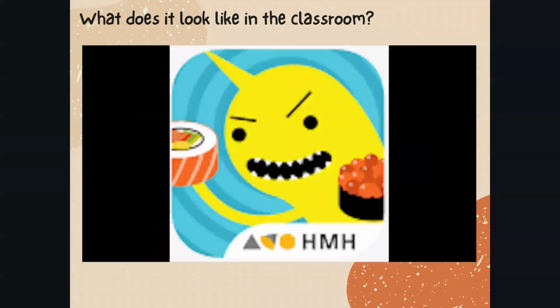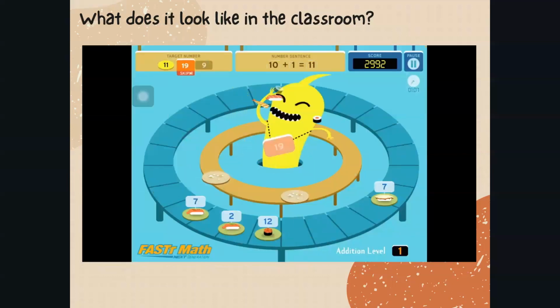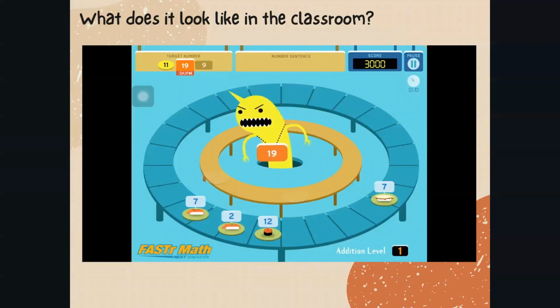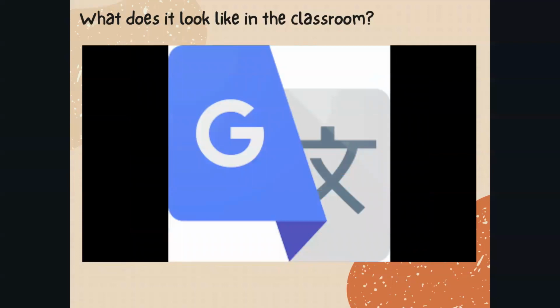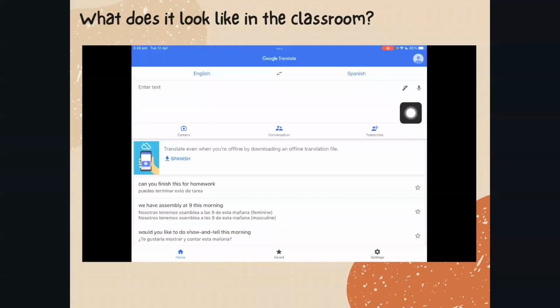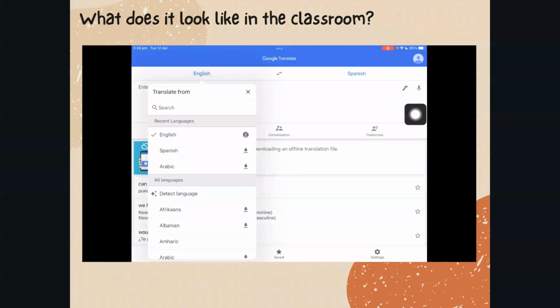Sushi Monster is just the best maths app ever, practicing lots of really easy operations with a monster that eats sushi. Google Translator, so simple yet such a useful app, just to help with those EALD students you have in